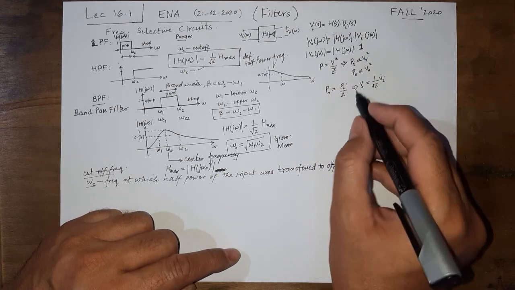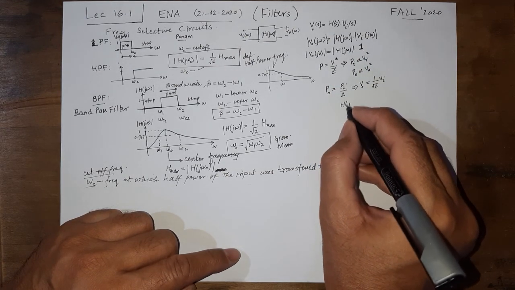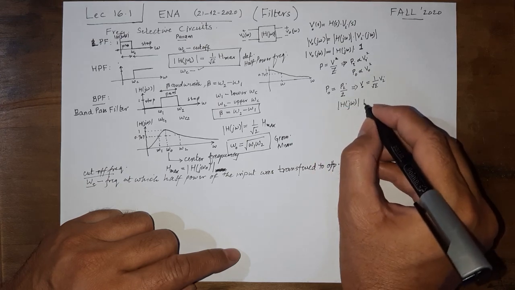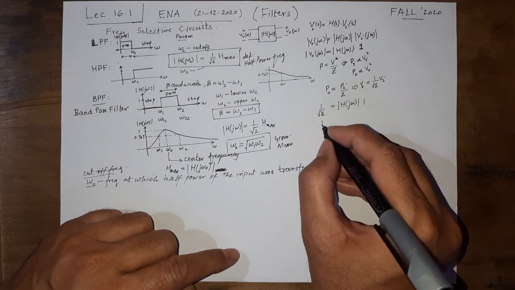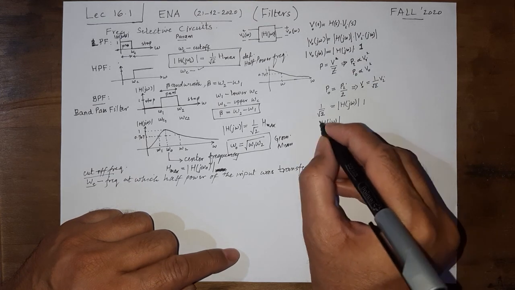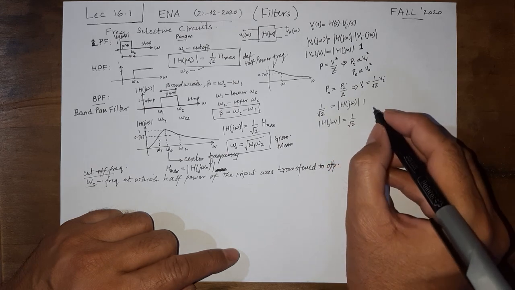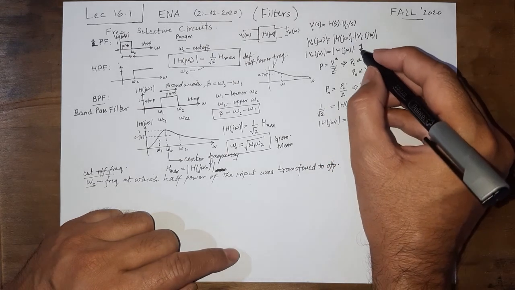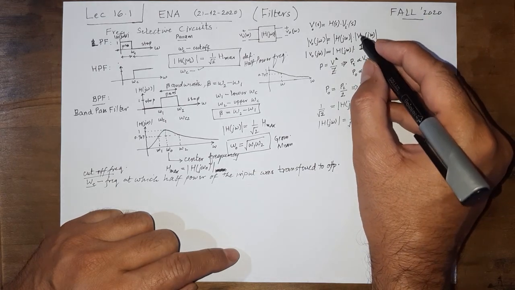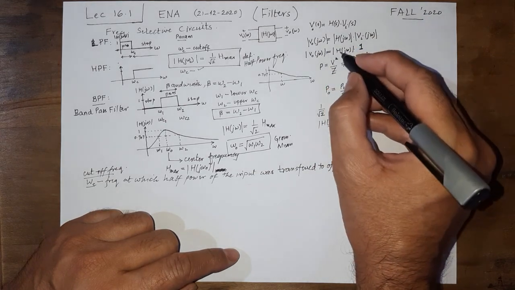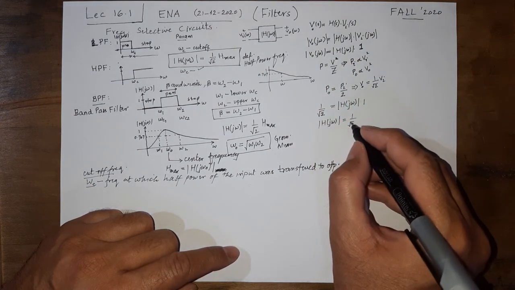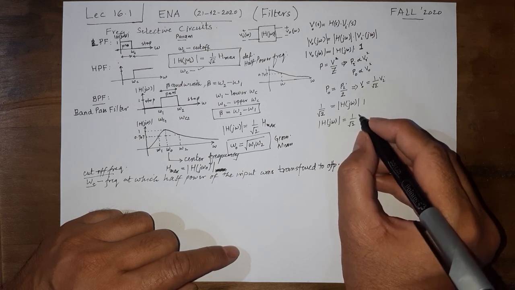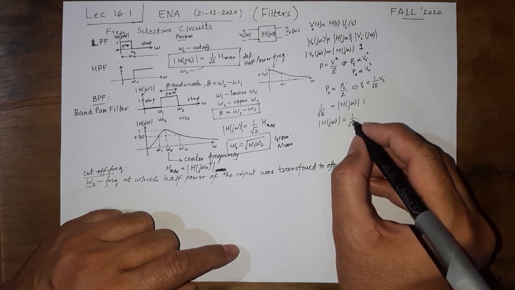So if we have 1 here and the magnitude of h of j omega is to be found, then it must be equal to this thing. So that gave us the magnitude of h of j omega must be equal to 1 over under root 2. Or if we do not take this equal to 1, instead it is some other value, then we can keep Vi here and Vo here, and you can see that h of j omega must still be equal to 1 over under root 2.